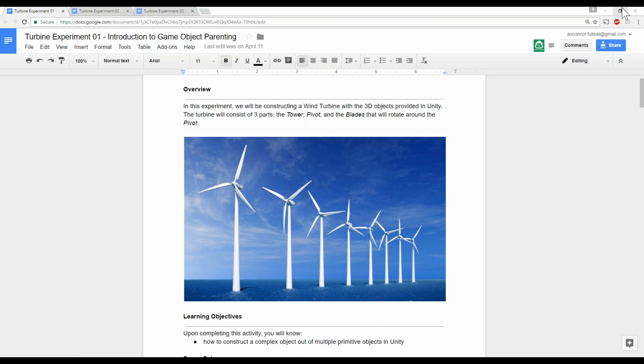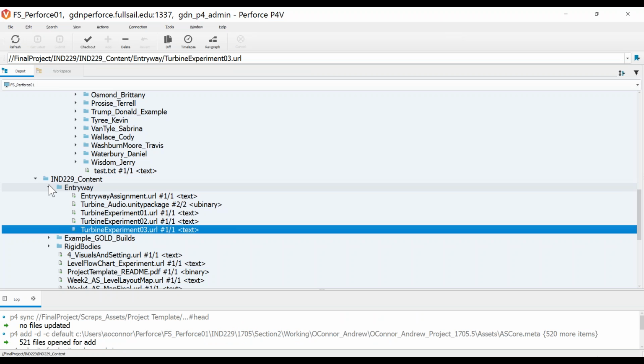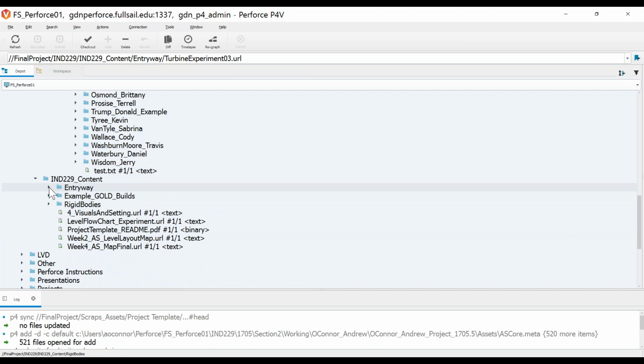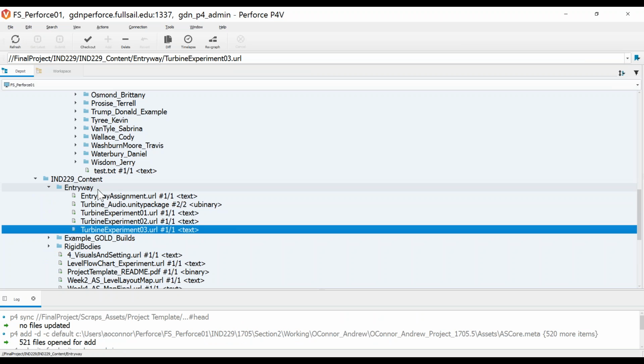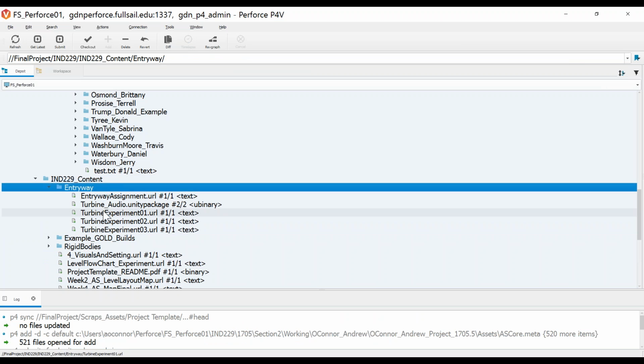Right, so this is the first experiment. All of these experiments can be found either on FSO, or if you look inside the IND229 content folder on Perforce, here in the entryway folder, because this is the assignment we're doing, there's these three experiments. Right, so we're not going through the process of showing you how to open and close a door, which is going to be your task for the entryway, but we're showing you the concepts of animation on another object, because